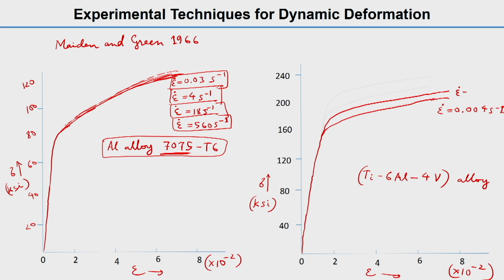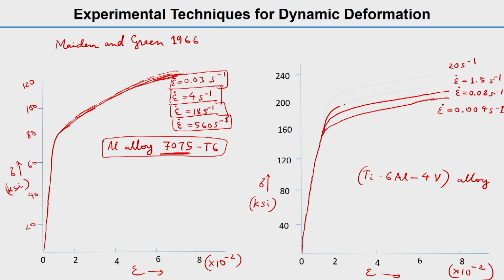This is strain rate 0.08 per second. It is increased maybe 20 times, and then if we have higher strain rate like epsilon dot equal to 1.5 per second, and then even higher, it is 20 per second,